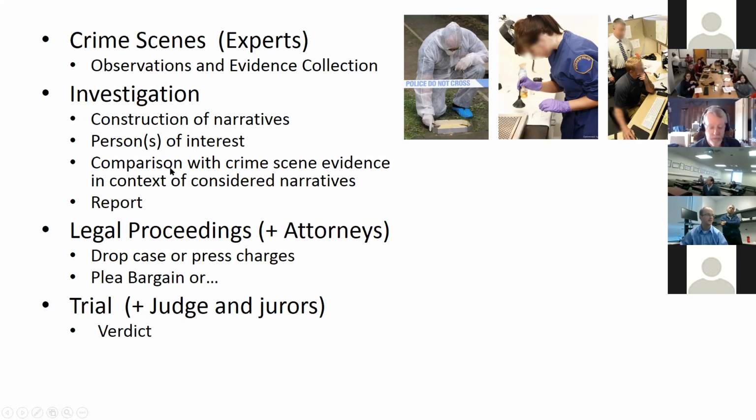When forensic examination occurs, it involves the comparison between evidence collected from the crime scene in the context of these considered narratives.